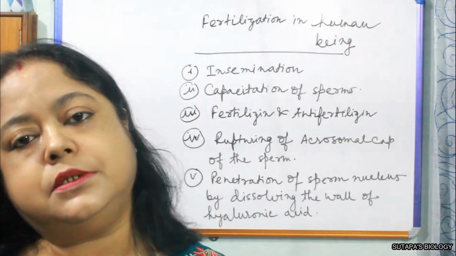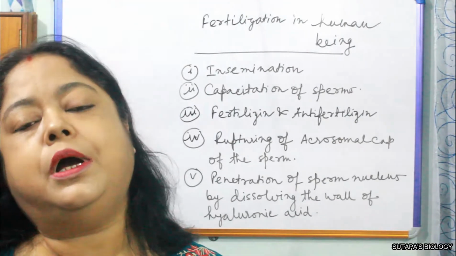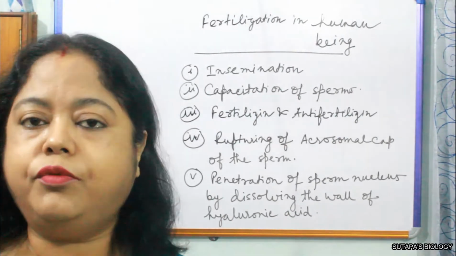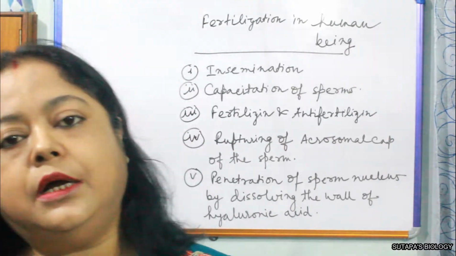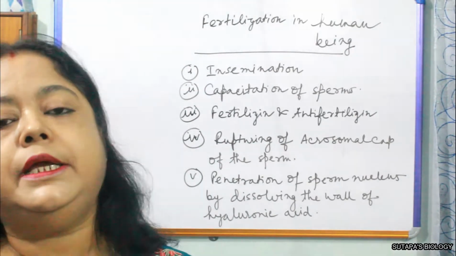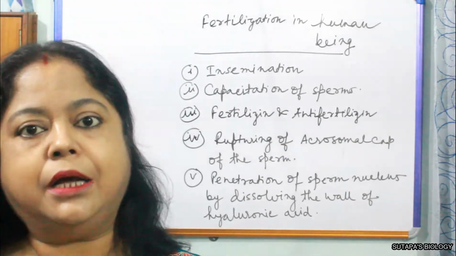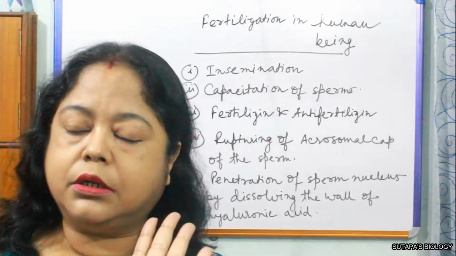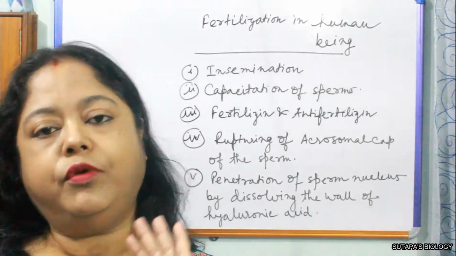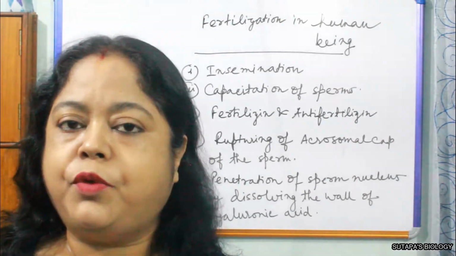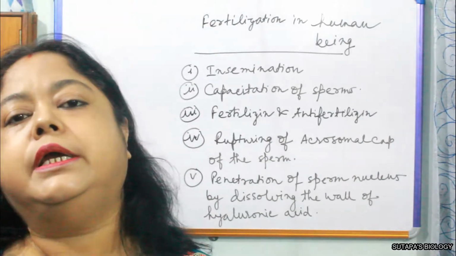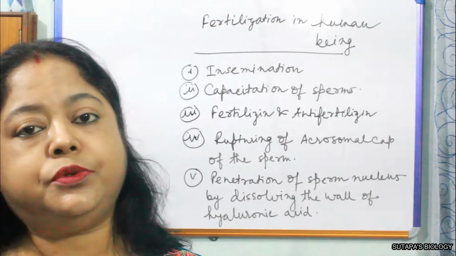that pronucleus is quite puzzled about where it has to go to meet with the ovum nucleus, the pronucleus. So it has to find out a copulatory path. Then it will follow the copulatory path to reach the ovum pronucleus. Now the ovum pronucleus is very busy. Why is it very busy? Because it has not completed its meiosis 2 yet.